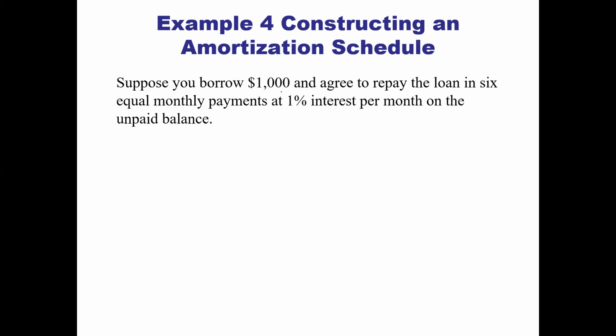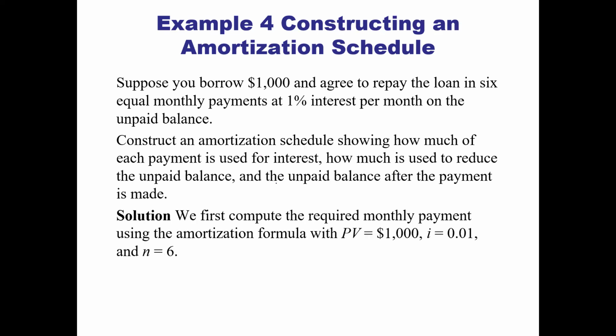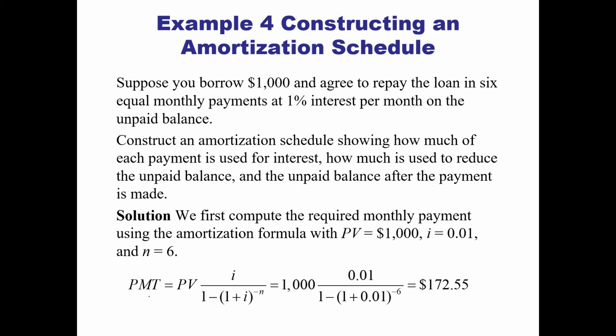So on this one, let's suppose we borrow $1,000 and agree to repay the loan in six equal payments and 1% interest per month on the unpaid balance. We're supposed to construct this schedule and show how much each of the pieces are. First, we have to compute the required monthly payment. We know the present value, we know the I, and we know the N. So we plug all that in and we find out we're going to make payments of